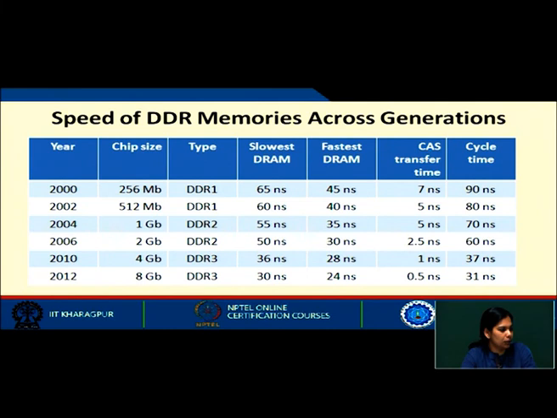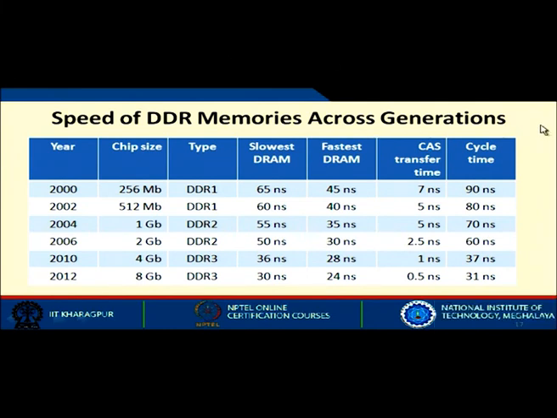So, this is the speed of DDR memories across generations. So, across years we have data till 2012. This is how the chip size has grown. These are the types of DDR memories that we were using, and this is the slowest DRAM that was available, and this is the fastest DRAM that is available. And you see finally the cache transfer time, because cache is very important,